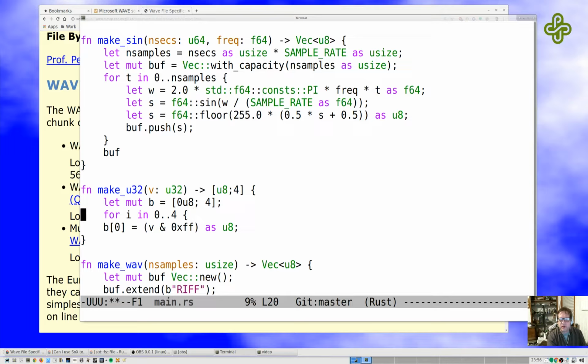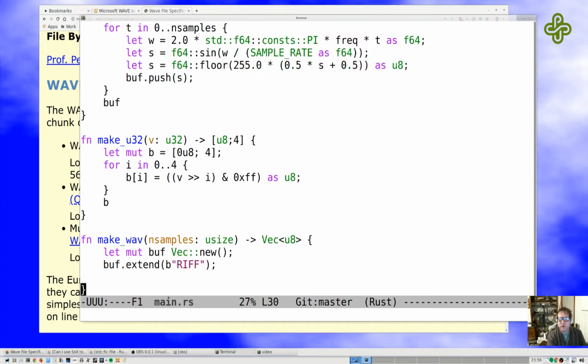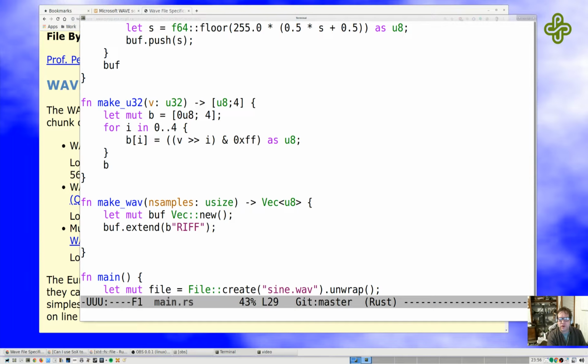Let's go ahead and do that. B sub I equals v shift right I, and 0xff is u8, and then I'll just return b, and now I've got a way to make a u32. So buff.extend make u32, whoops, buff.extend b make u32,